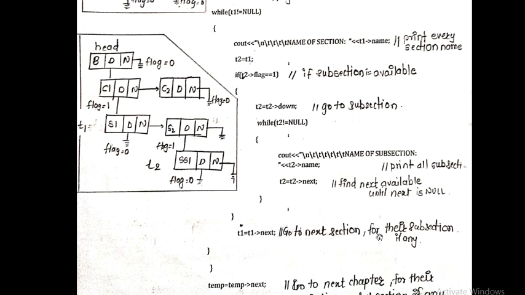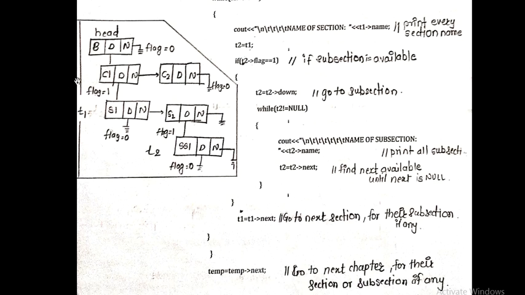Then you have to move toward the T1 of next, means once the subsection of the chapter S2 is finished, then move toward the next chapter if it is available. Then go to the next section for their subsection if any. Then temp will be moved. Now temp is showing the chapter, T1 is showing the section, right? So T1 is equal to T1 of next is nothing but you are moving toward the next section. Now temp is equal to temp of next means once the subsection of any chapter is completed, now move toward